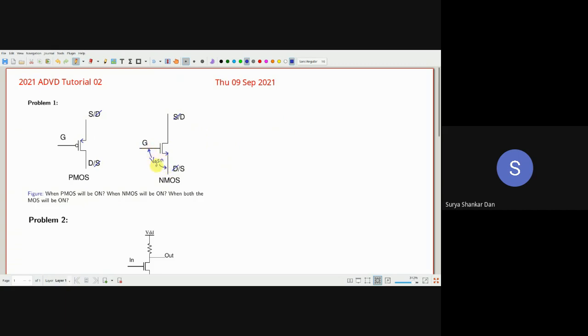And for this voltage, since G is at the very beginning, the gate is more positive with respect to the source. In your electronic devices course, you must have studied that in case of an NMOS, the source is at the lowest potential out of the three terminals, source, drain, and gate. Whereas in case of the PMOS, the source happens to be at the highest potential among the three terminals, right? So between the source and the gate, we will put VSGP. S stands for source, G for the gate, and P stands for the PMOS. So this is the arrow, minus and plus, because the source is at the highest potential.